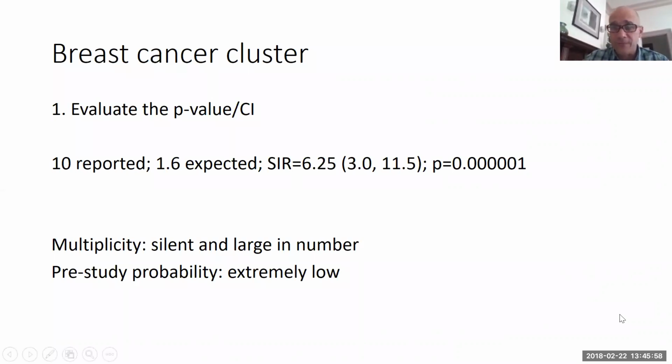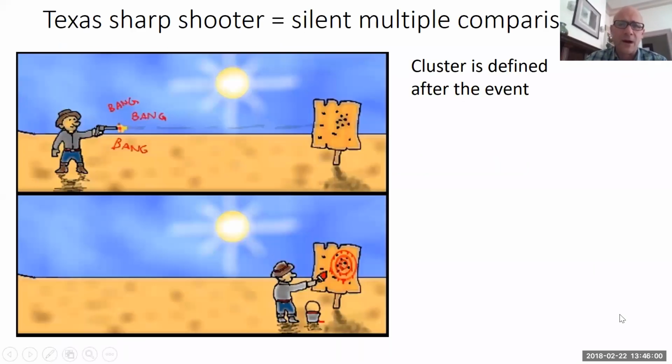And also there's the problem that the timing of the cluster, so the actual window, basically starts with the first case and ends with the last case. So it's defined post hoc or retrospectively as well. So this is colloquially called the Texas sharpshooter problem, where the sharpshooter fires at the piece of wood and then paints the target